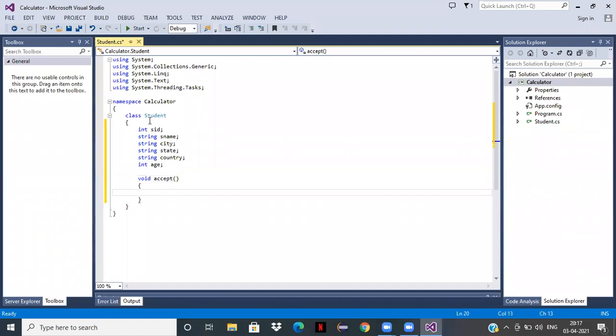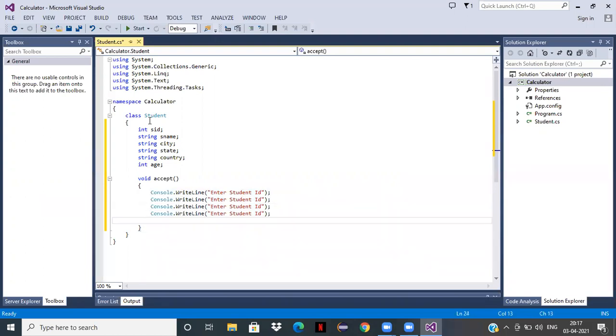Console.WriteLine, enter student ID, name, city, state, country, age.